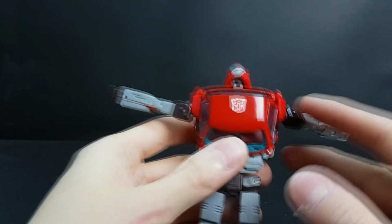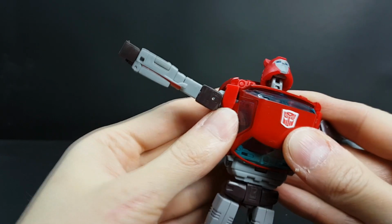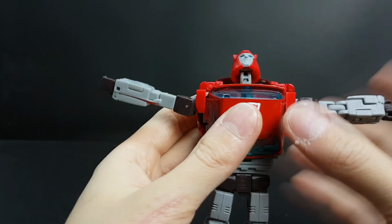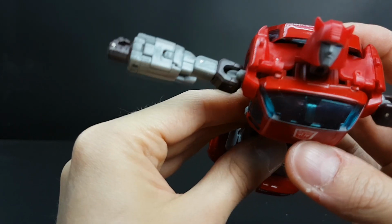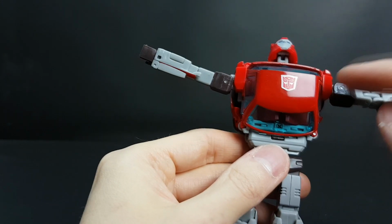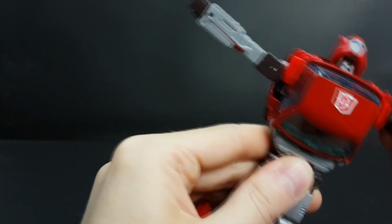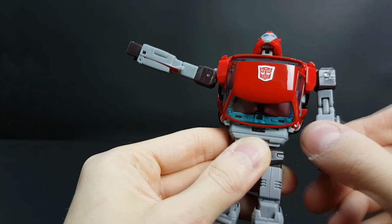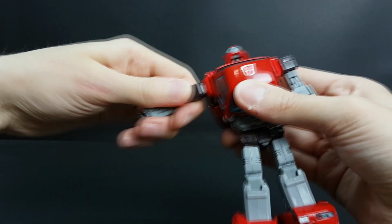So the doors, after this movement, are sticking out like this, so they are not as flat as they were. But if you move this, it will push the doors and they will be in place. But maybe something is wrong with the doors inside, I'm not sure, but those parts will keep them in place. And actually, when you're moving the arms, they stay in place by friction. So it's this part, so it's not that bad. And this part here,